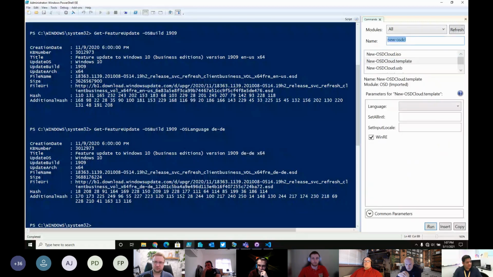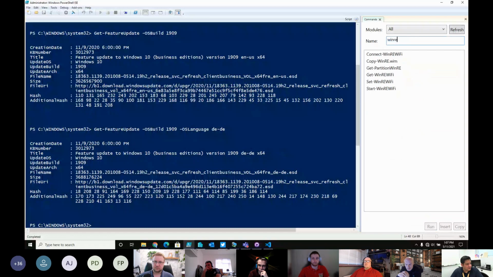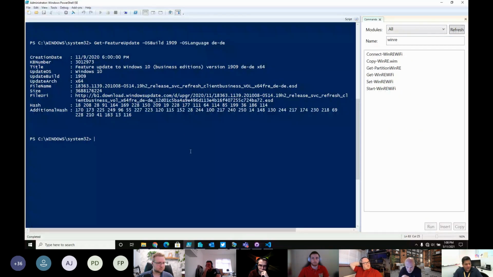Now, the other thing to note is you'll notice if you look in PowerShell, there are a few different commands that are related to WinRE that are part of the OSD module. I almost don't even know all the names for it.